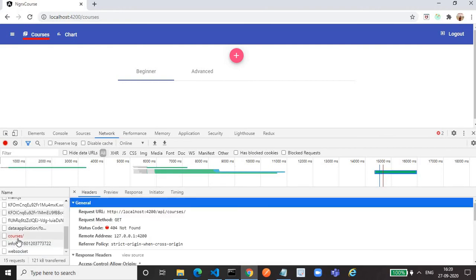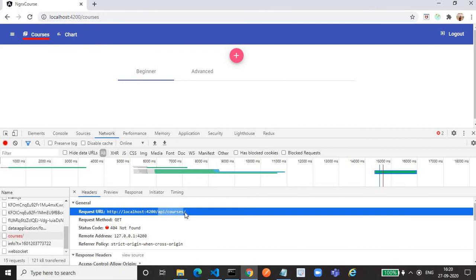The getAll expects the API to be like this, API/courses. So what it will do, it will construct the API by default, by itself. It will construct the API in a way like first the server name, then up to this, then /API/, then it will take the entity name and make that plural, courses.